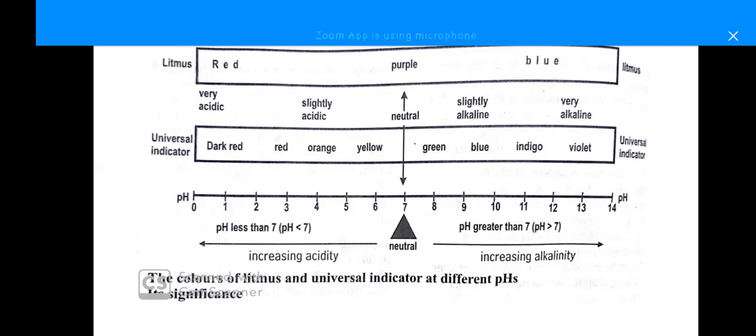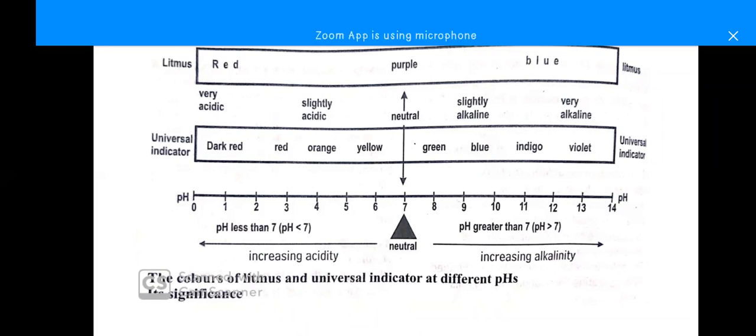the universal indicator. Then with the neutral point, it will be colorless. When you place maybe a salt in a universal indicator, or you place a neutral solution in a universal indicator, it will give you a colorless substance showing that it's neutral in state. Likewise, that of